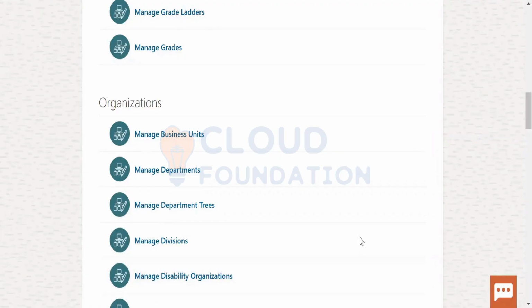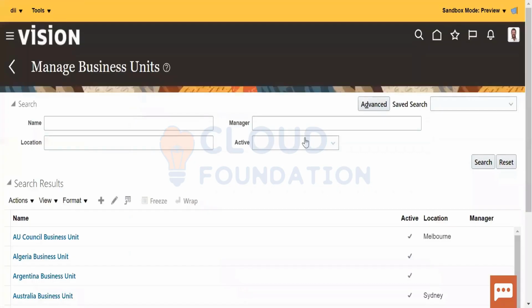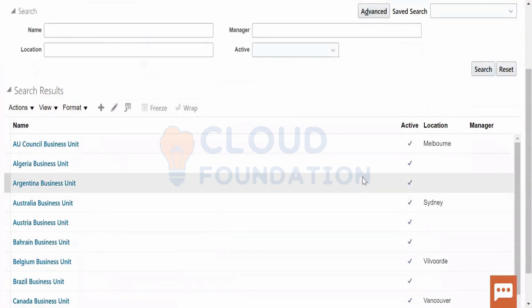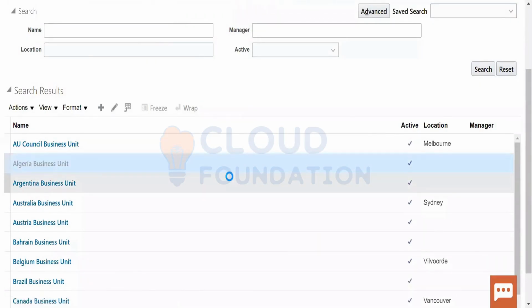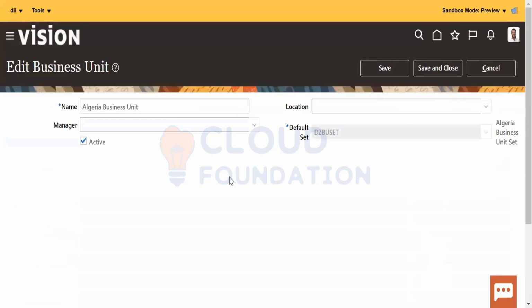Okay, so now we are going to talk about the business unit. So what is a business unit? A business unit is like a department, a unit that operates in different countries. Suppose it is operating in different countries, in which location is it operating? When you create a default business unit,